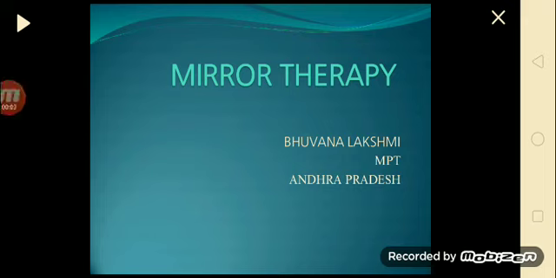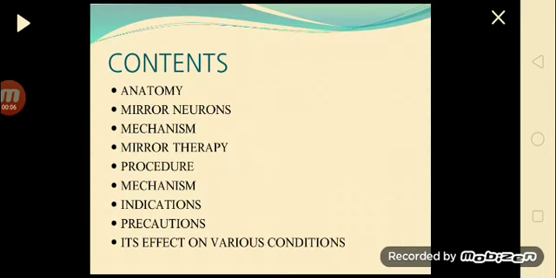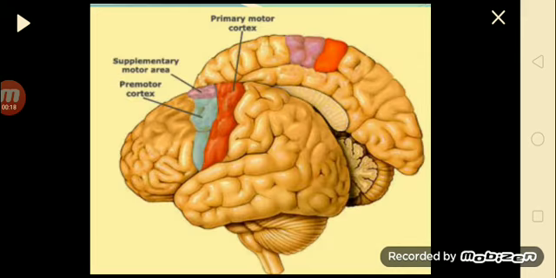Hello everyone. Today we are going to discuss mirror therapy. These are the contents: anatomy, mirror neurons, its mechanism, mirror therapy procedure, its mechanism, indications, precautions, its effect on various conditions. As we all know, the brain has four lobes: frontal, parietal, temporal, occipital, and this brain is divided into two